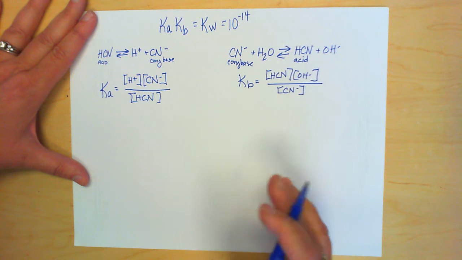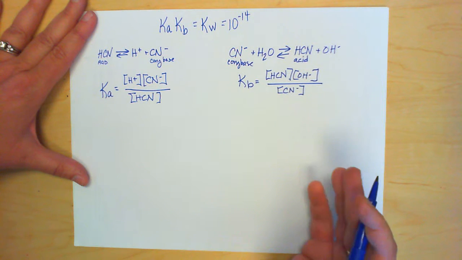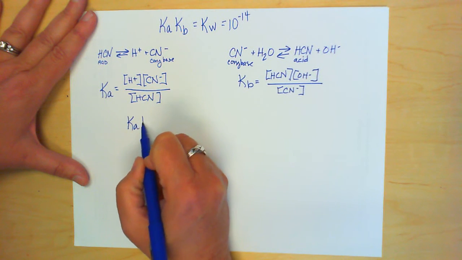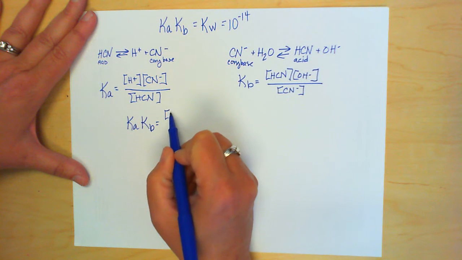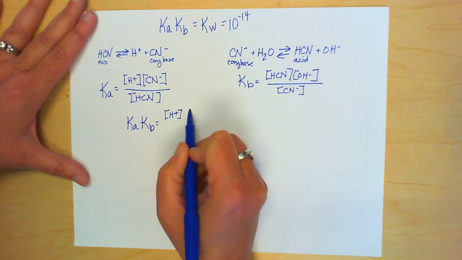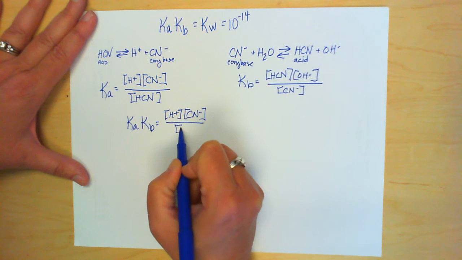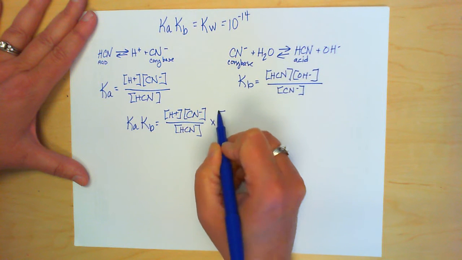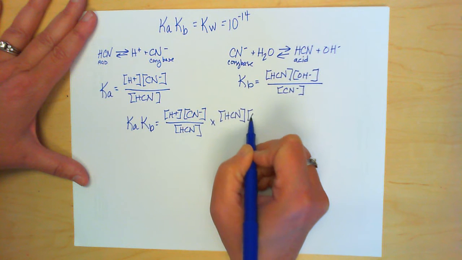So now we have our Ka and our Kb of our related species. This only works for related species. If they're not related, you can't do this. So Ka times Kb is equal to H plus, that's your Ka, times cyanide, over HCN, times HCN, which is the Kb, times hydroxide,